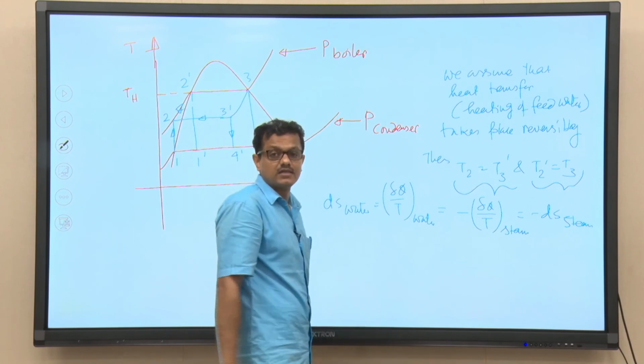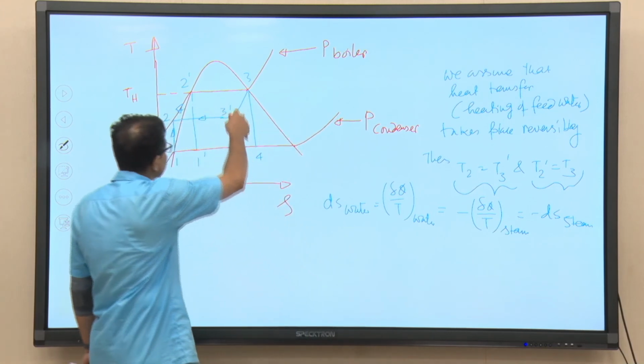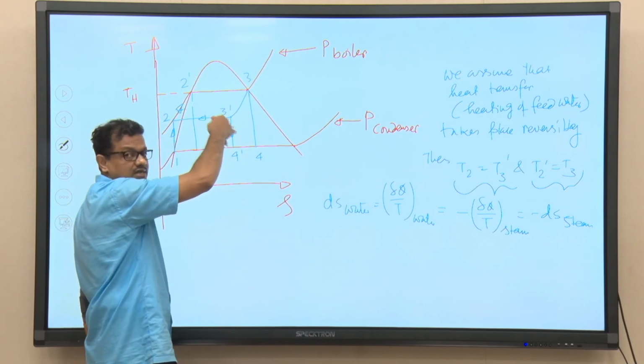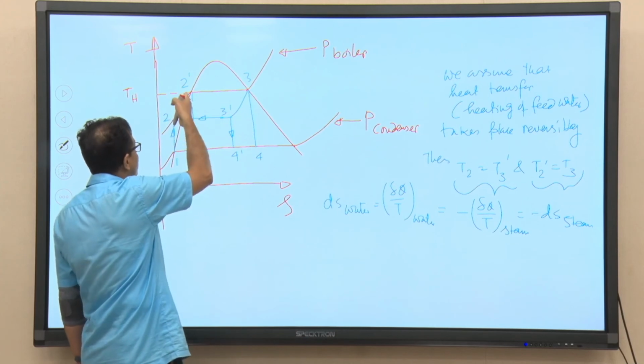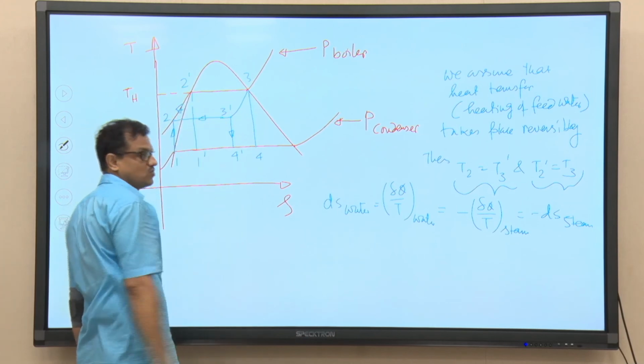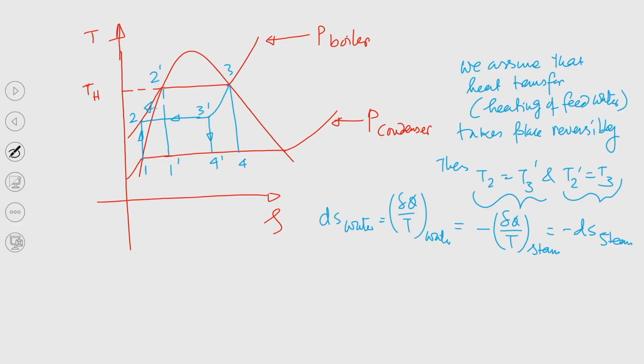So, there is no entropy generation, and that is why I told you, again I am telling, the path followed by steam while expanding or while releasing heat or while transferring heat to the water will be exactly equal to the path followed by water, that is 2 prime and this 2 process. Okay. We can write delta S water. So, you can see this is delta S water and this is delta S steam. So, basically we can write delta S water equal to delta S steam,